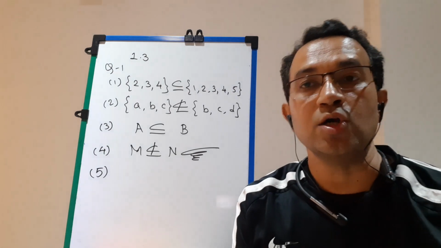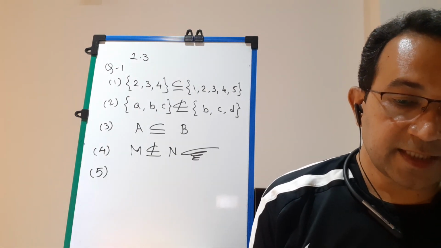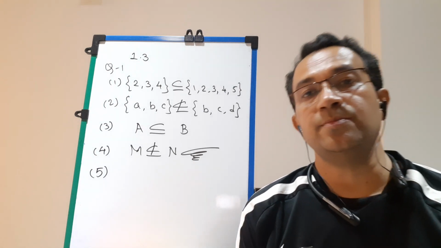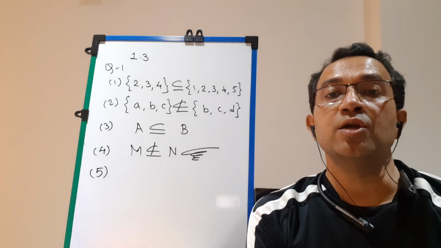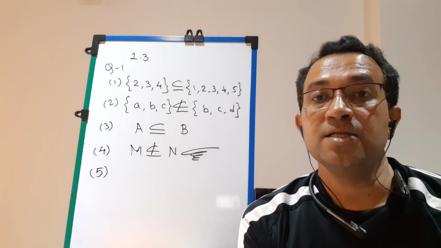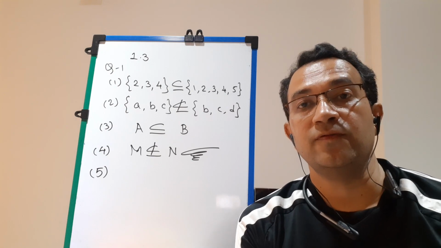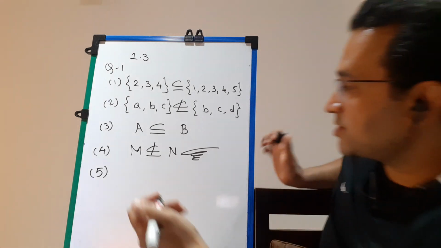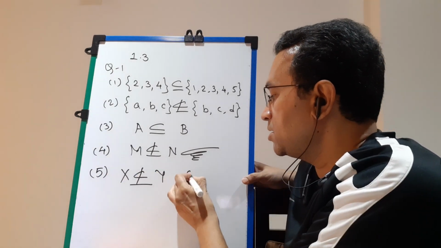It is very logical. Then the fifth question: x says that x is a triangle in a plane, and x says that x is a rectangle in the plane. Now these two sets are of different polygons. A triangle is a polygon with 3 sides and a rectangle is a polygon with 4 sides. So definitely you can say that the first set is not a subset of the second. So if I call the sets X and Y, here I should write not a subset.